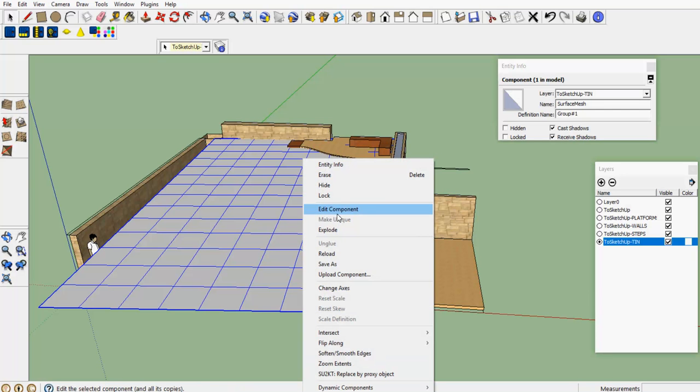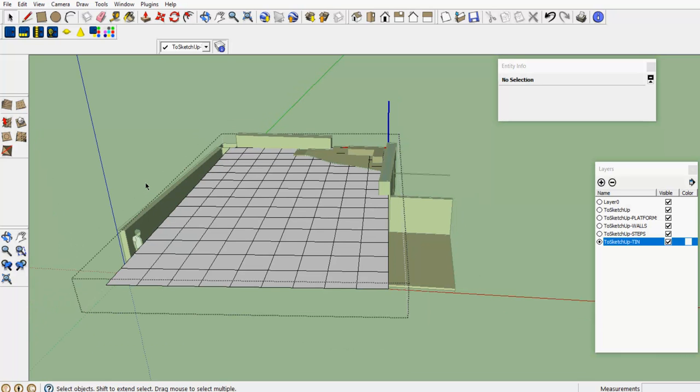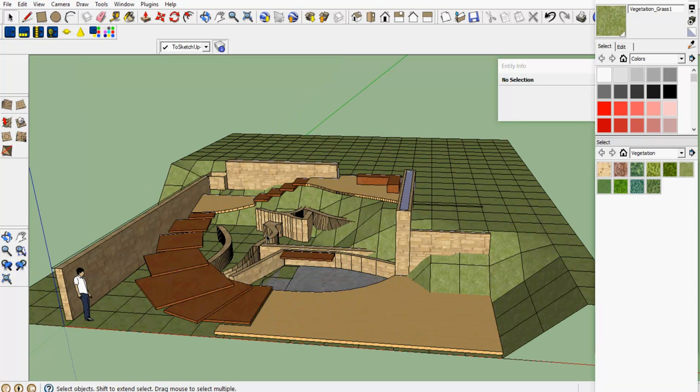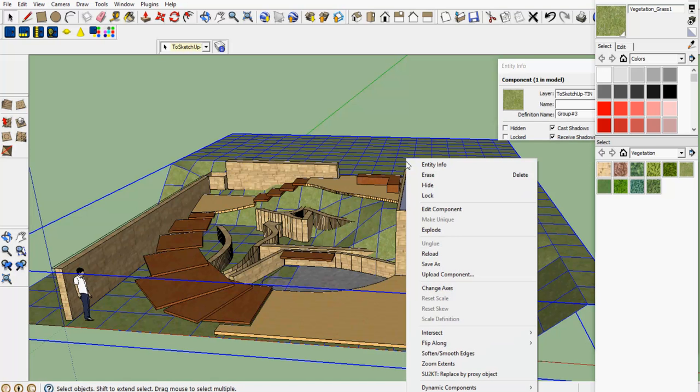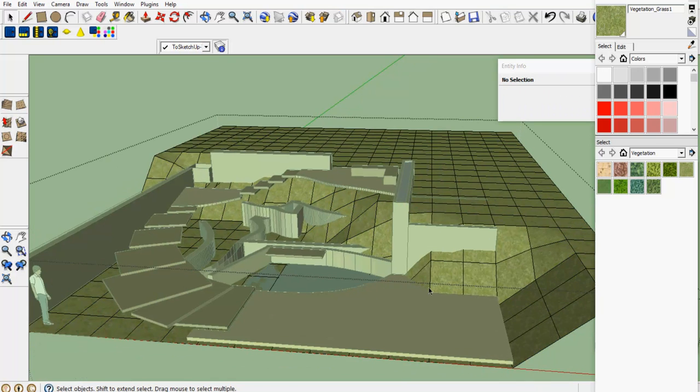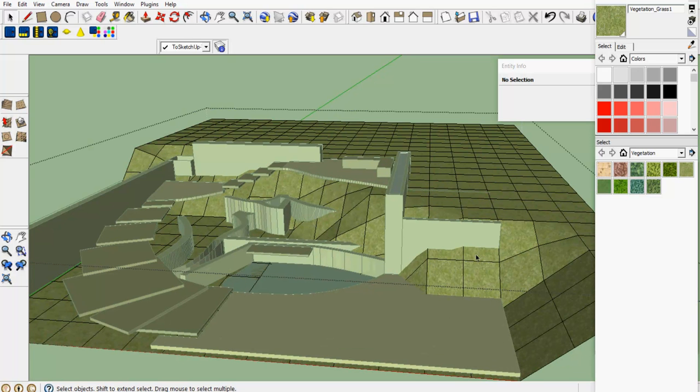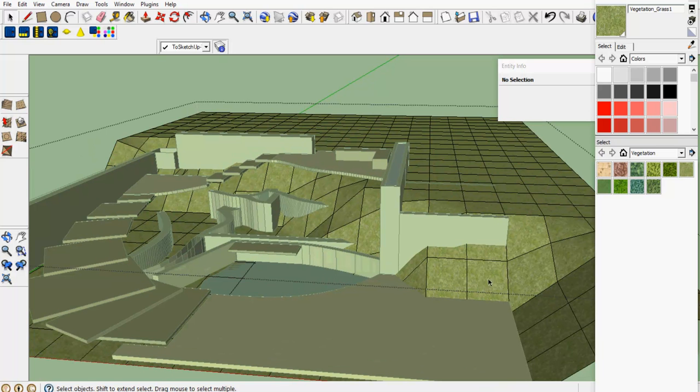So I can say right click and say I'm going to edit the component, and so now we want to push the mesh down in order to make a surface that melds into the cut of this very deep courtyard. So because we made that a component, we can select the component, we can right click and say we're going to edit the component, and you'll notice I've pushed the mesh down, but I've got some areas of the mesh in here where we've got effectively an amount of earth against our wall. So we can pick this smooth tool, and you can see the diameter of my smooth is a little too large for what I'm trying to do here, so I'll cut it down to 250, and now we've got a much smaller area,